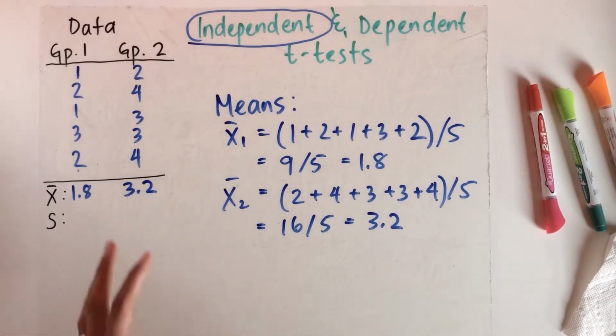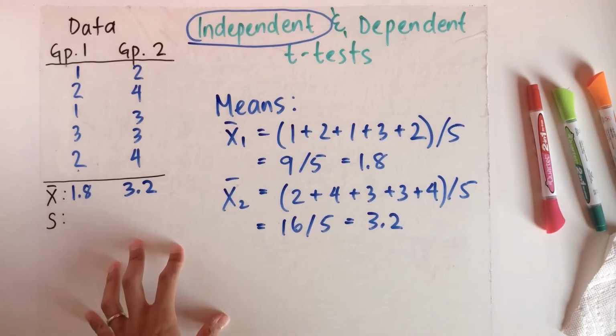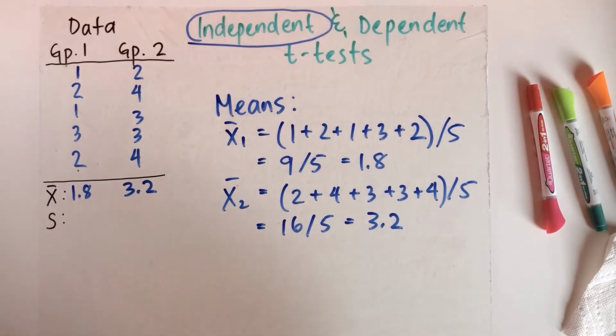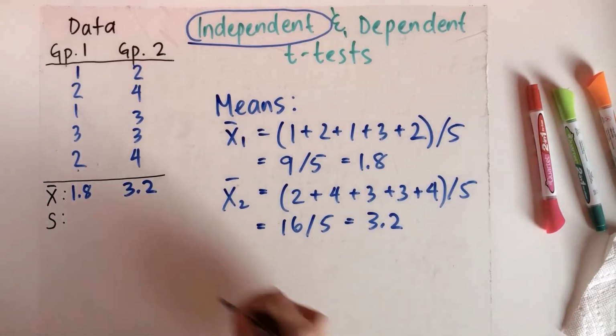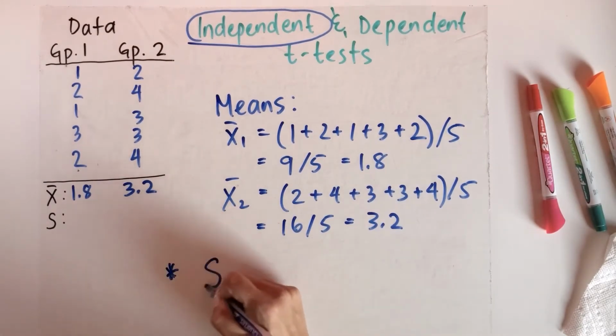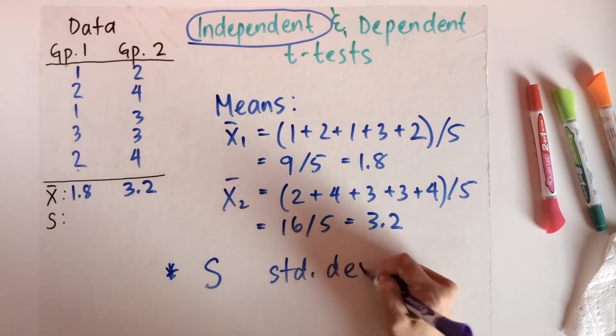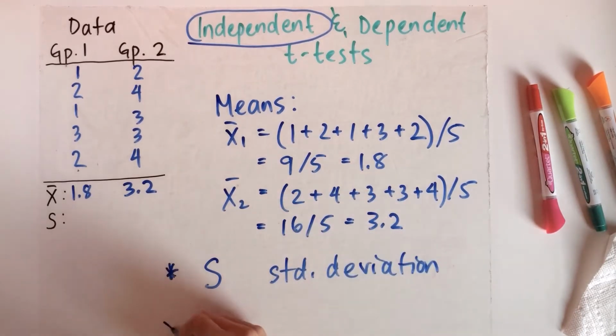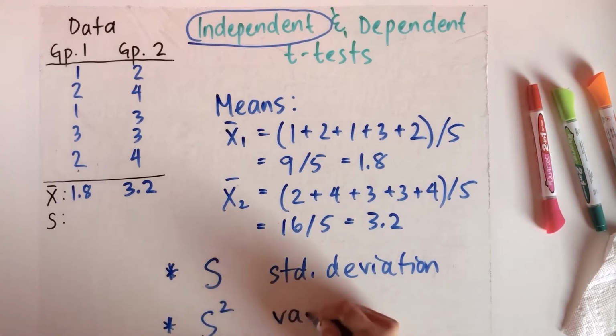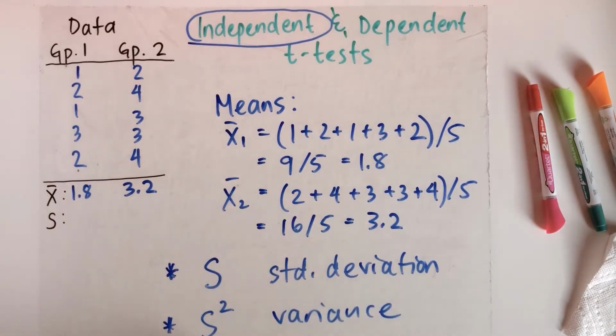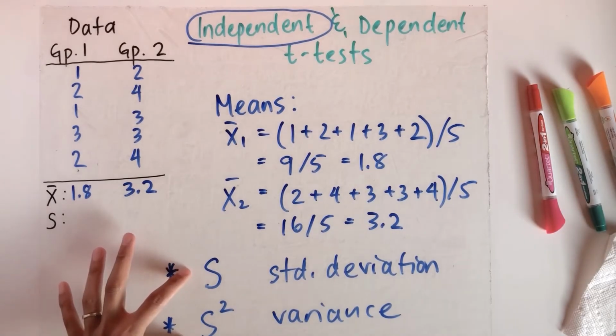Because the standard deviation is a very helpful descriptive statistic that explains to us how data is spread out, we're actually going to compute the standard deviation, even though with t-tests you could compute the variance and use that. The variance is just the square of the standard deviation. And as a note, we're going to use S for standard deviation. That means that we'll be able to use S squared for variance, either of which, as I mentioned before, can be used in a t-test.